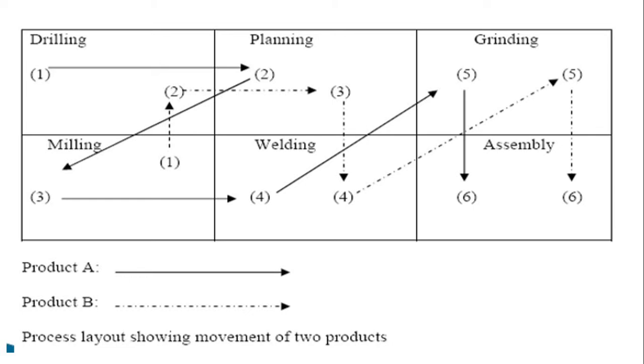In this type of layout, machines of a similar type are arranged together at one place. For example, machines performing drilling operations are arranged in the drilling department. Machines performing casting operations are grouped in the casting department. Even the welding department, grinding, and all the departments are grouped in that particular department. Therefore, the machines are installed in the plants which follow the process layout.